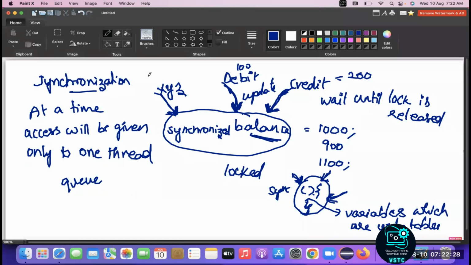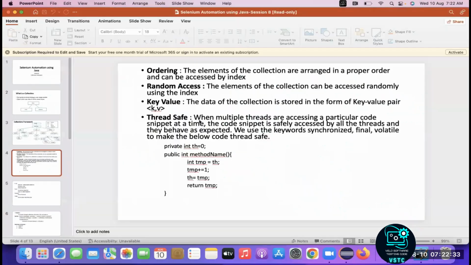What is thread safety? Thread safety means when multiple threads are accessing a particular code snippet. Snippet means a piece of code. So here in this example, I have declared private int th is equal to 0. Now this is a public method which everyone will have access to. The th or temp value is getting modified here, right? So int temp is equal to th, temp plus is equal to 1, th is equal to temp, and I'm